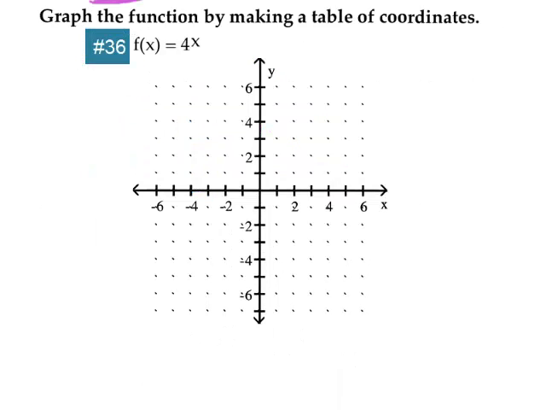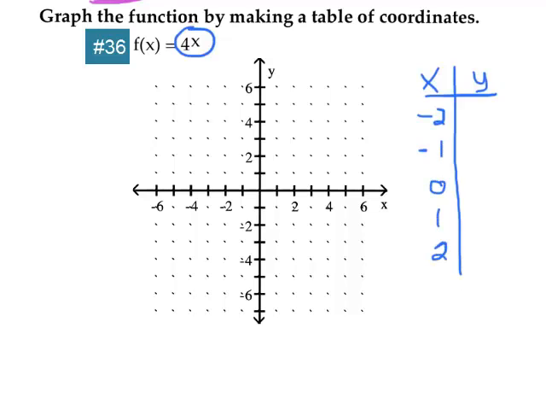Graph the function by making a table of coordinates. So that means we need an x and a y. And when we graph parabolas, we find the vertex, and that's how we pick our numbers. For an exponential equation like this, we're just going to use -2, -1, 0, 1, and 2 every single time. So if I plug these numbers in, then on my calculator I'm going to do 4 housetop, or exponent button, whatever you want to call it, -2. Press enter, and it should give you